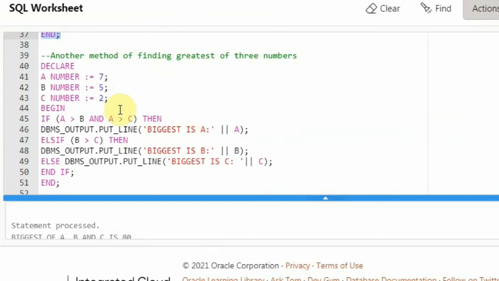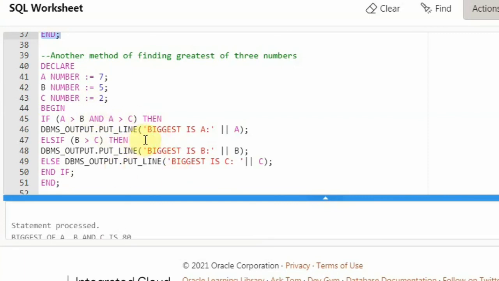So I have written another code here where I'm using some logical connectives, which are AND. Okay, so AND or OR can be used inside your if blocks. So I have given some ABC numbers here. Then I said begin, and inside here I'm saying A is greater than B and A is greater than C. So if A is greater than B and C, then it means that A is greatest, right? So I'm saying if, and I'm putting some logical connectives. Logical connectives are used to evaluate two expressions and give out the result. AND is a logical connective which will evaluate to true if both the conditions are true. Else if one condition is false, the entire expression will become false.